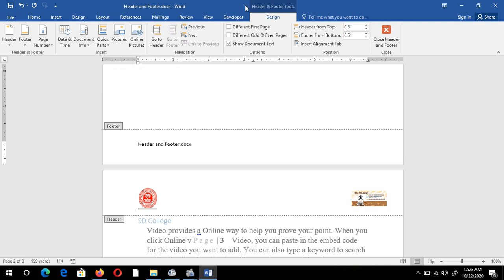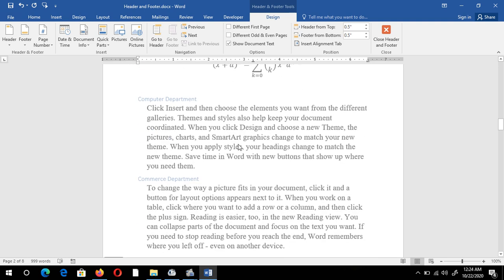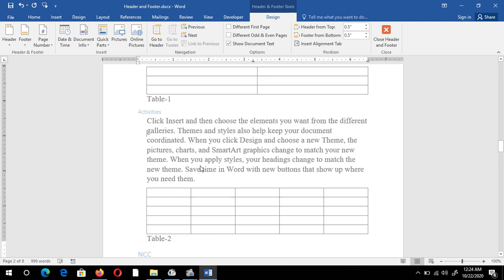You can see on the title bar the name of my file is header and footer .docx, that is the extension of Microsoft Word, and you can see on the footer also the same name is implemented on all the pages of this document, header and footer .docx.